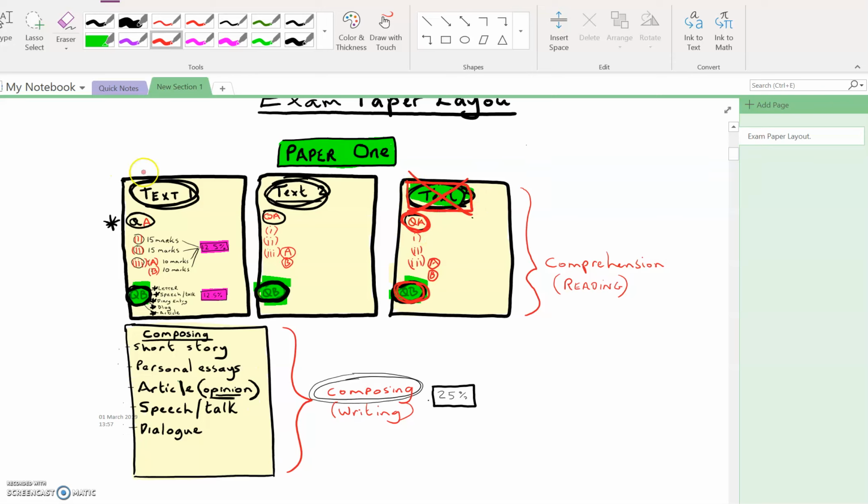Some people make the mistake of reading the 3 texts first and then looking at the questions, and that's a complete waste of time. You've got to be clever with your time in paper 1. So have a look at the question B's first and see which one suits you. Then eliminate that text to be read and have a look at the question A's and see which one of those suit you.